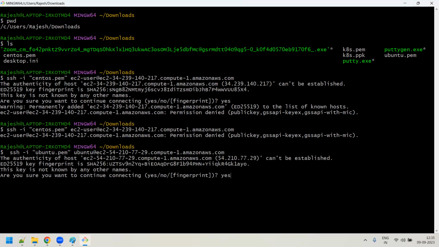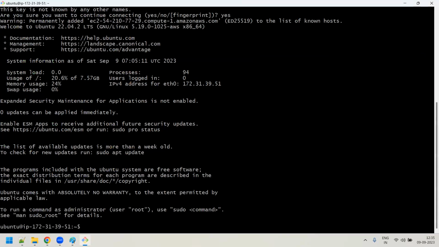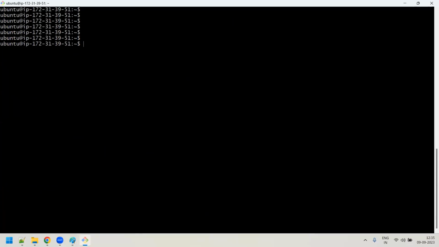Let's see whether it will connect or not. Yes, you are able to connect to the Ubuntu server. We'll see why it is not getting connected to the CentOS. So I have connected to my Ubuntu server. Clear? This is my Ubuntu server, and I can execute any command like this. This is the terminal.